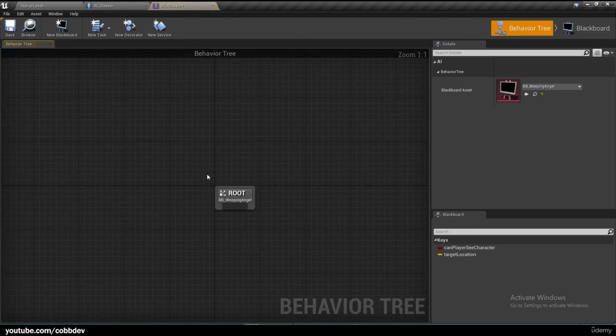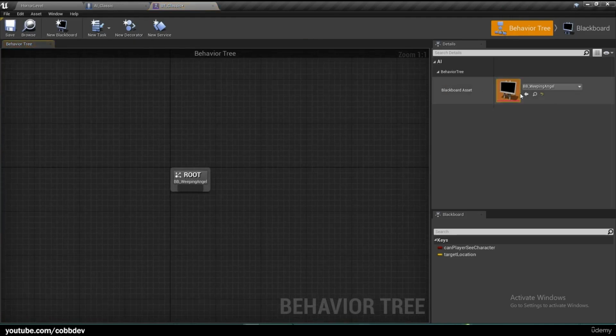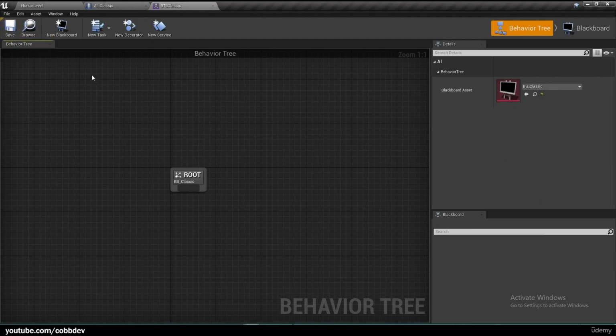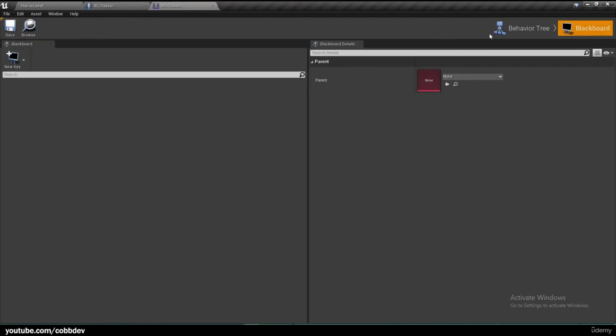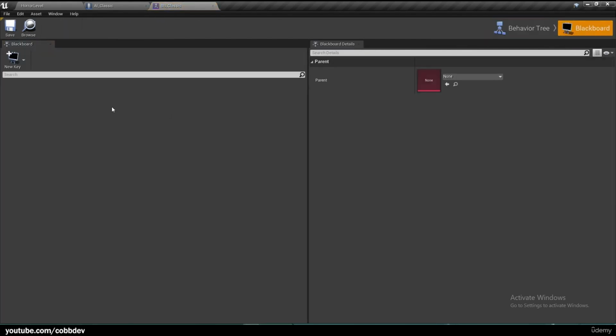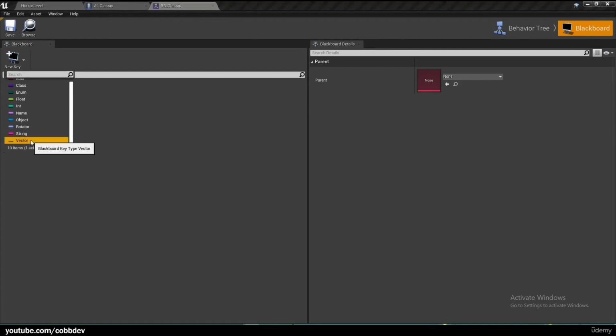And if we open up our behavior tree, we can choose the blackboard that goes with it. We want the classic, so just select that and save. And we can also switch in between our behavior tree and blackboard like this. But let's go to our blackboard, and we are going to need a key of type vector, and this will